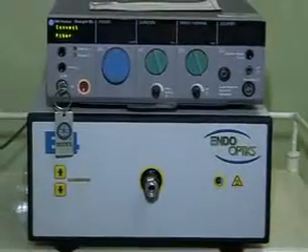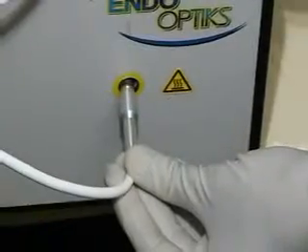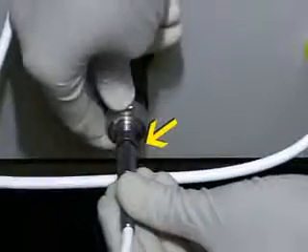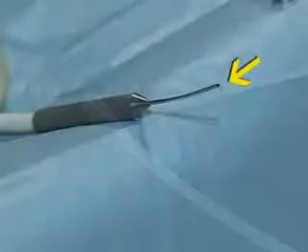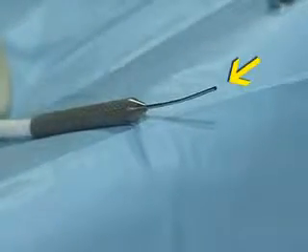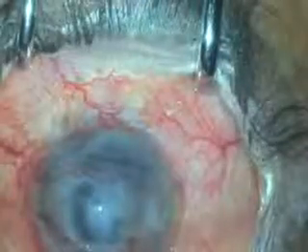The E4 endoscopic system includes a 175-watt xenon light source, a microendoscopic color camera, and a microendoscope flexible fused fiber with a 19-gauge microprobe, which has a 50-degree field of view in water and 70 degrees in air. Endoscopy allows viewing of 360 degrees of the posterior segment through non-transparent media, high magnification, and a tangential approach to the anterior